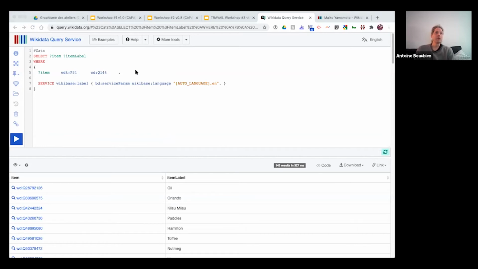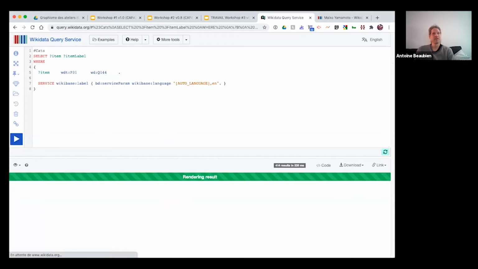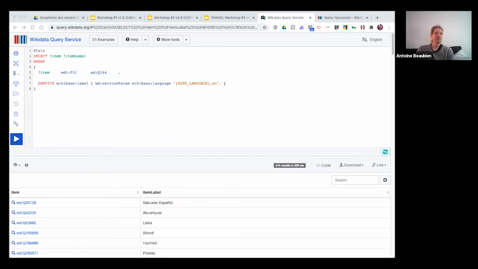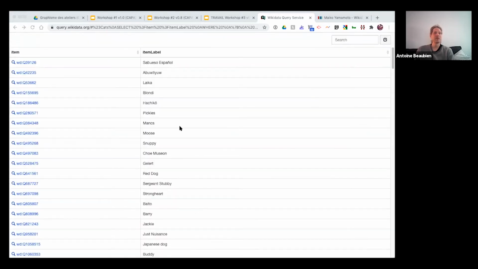But of course, the one we want is the domestic dog. And we see that it's actually Q144. So basically, that's a complete Wikidata identifier. And if we press on execute the request, now we can see that in our result here, we only